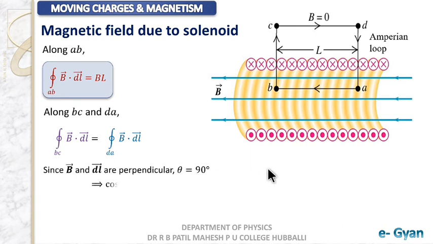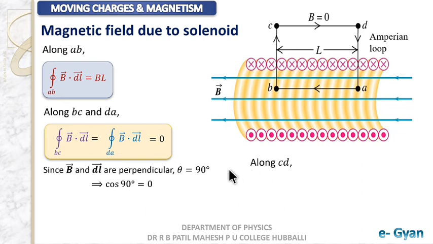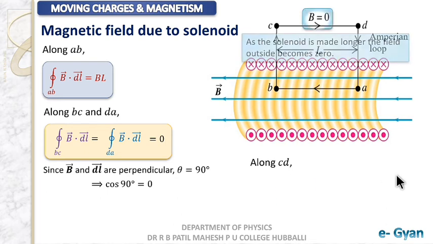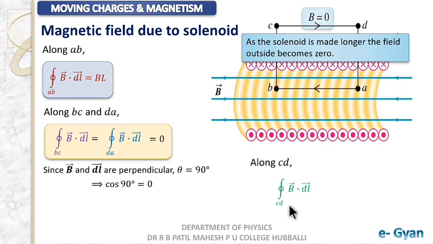And if you simplify the dot product, cos 90 comes out to be 0, and if the dot product comes out to be 0, then finally both the integrals should give us the value 0. So these two integrals are getting the value 0, and let us take the last integral, that is over CD. So let us try to get the integral for this. The line integral B dot dl over CD equals 0. This one directly equals 0.